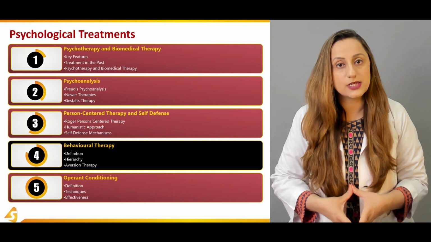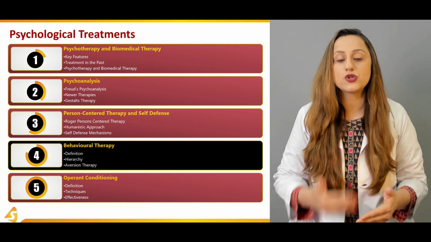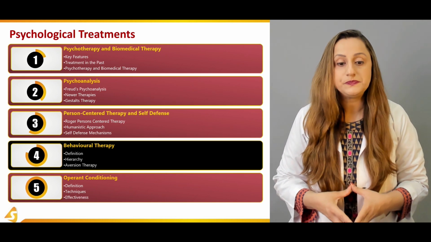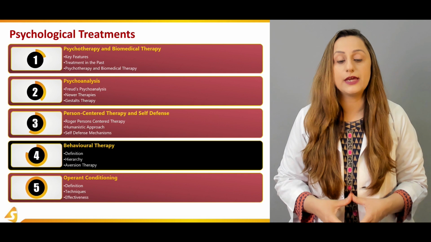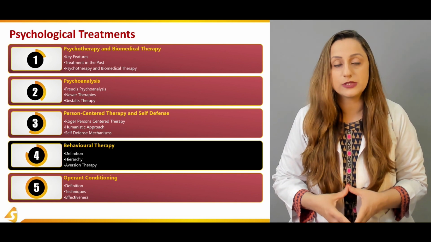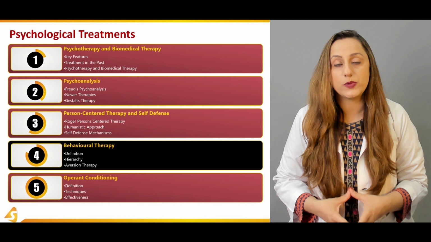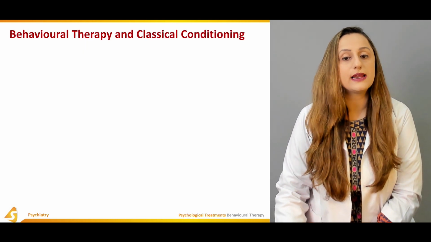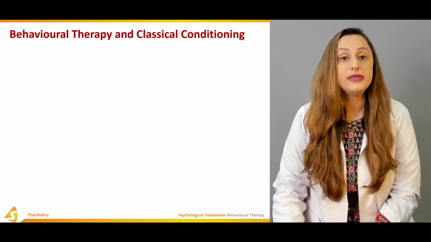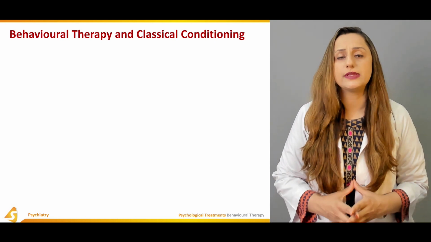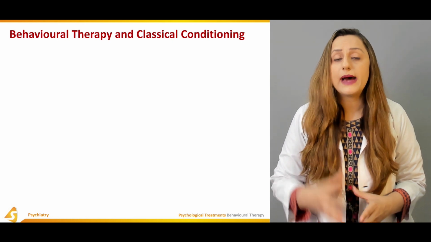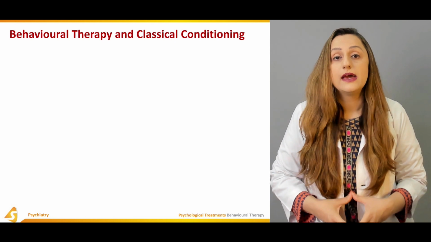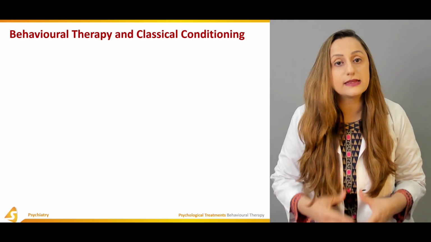So that is the mainstay when we talk about it, and then we can talk about the hierarchy of the fear in this section as well. Then we're going to talk about the aversion therapy, which is usually coupled with cognitive behavioral therapy. Usually the classical conditioning is carried out. You should remember the technique of the Pavlov experiments carried out in the past. That is basically a very good example of classical conditioning.